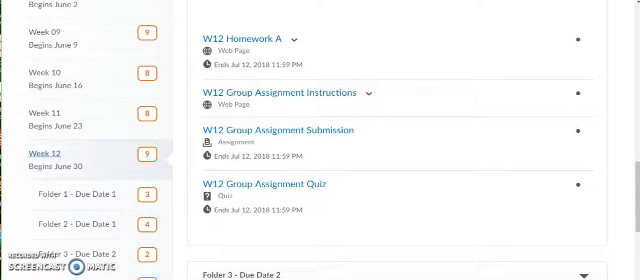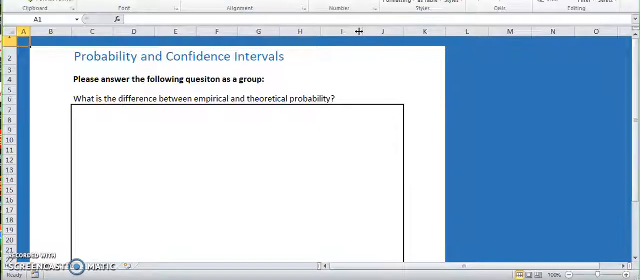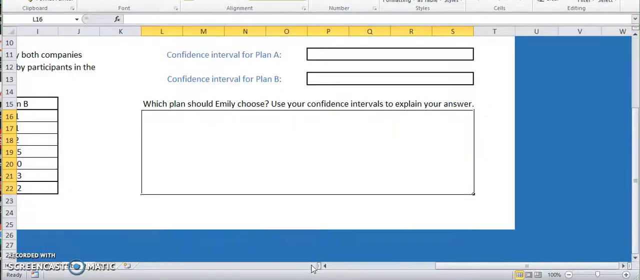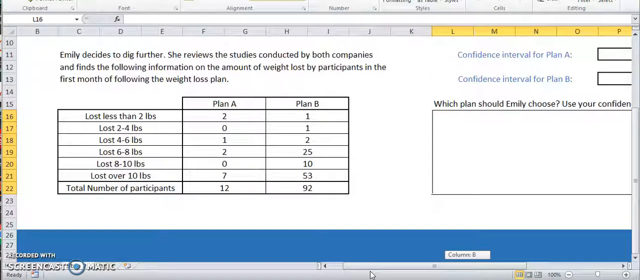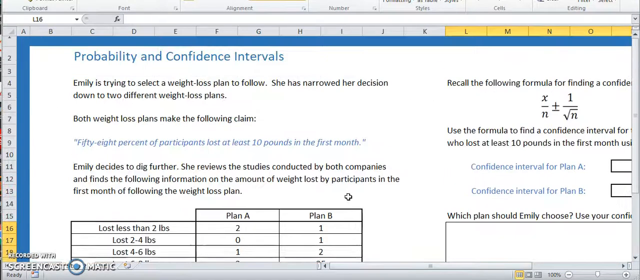Your group assignment, let me pull up and show you right here what you'll be working on. The first thing right here is just defining the difference between empirical and theoretical probability. As a group, you should be able to explain that difference right there. Next thing you'll be working with is kind of putting these things you've learned in the textbook and the video